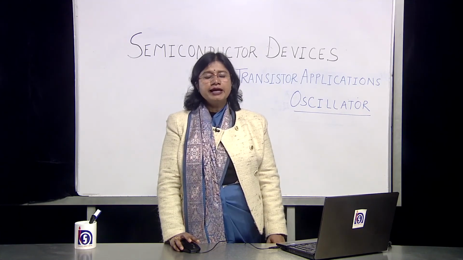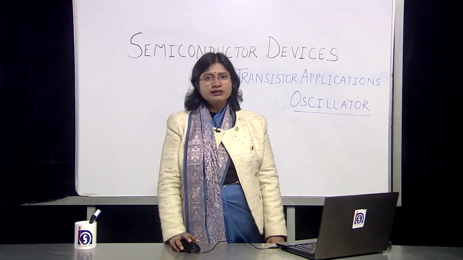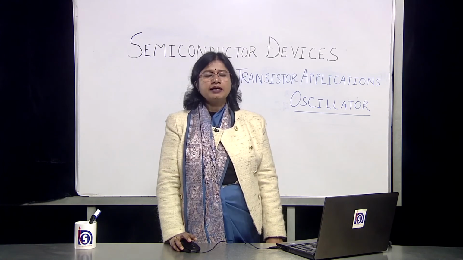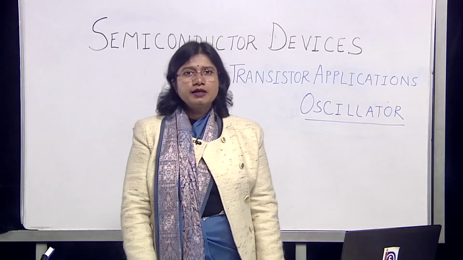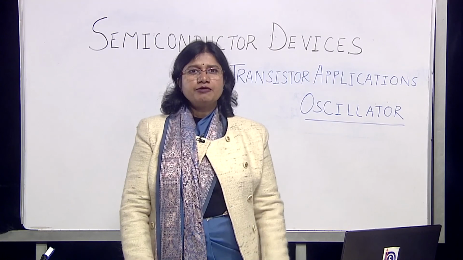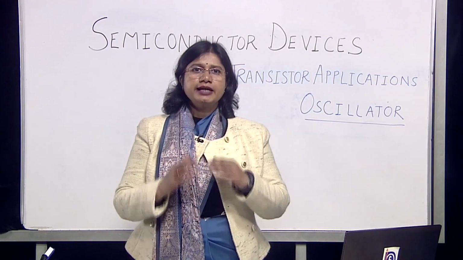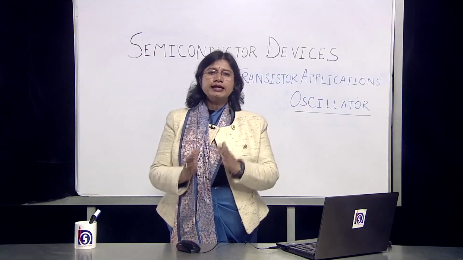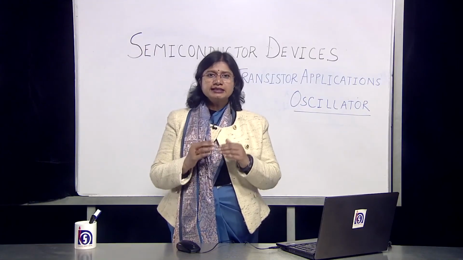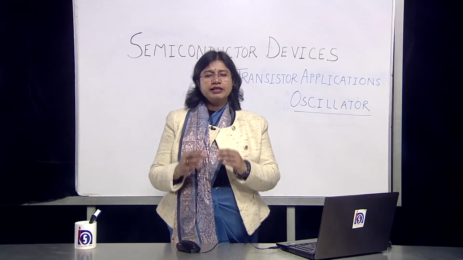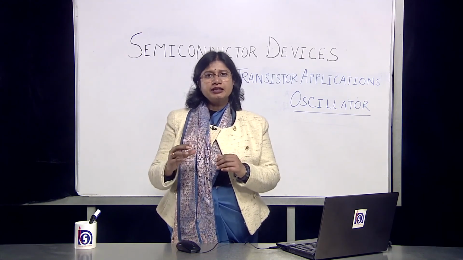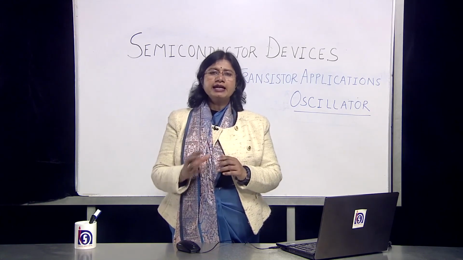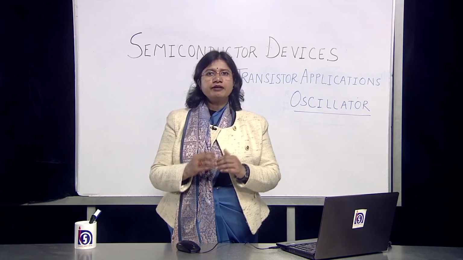So this amplifier plus the feedback mechanism becomes an oscillator, and these oscillators are used in frequency generation, in generation of sine waves, cosine waves, square waves, etc. So these oscillators are extremely useful. In this particular topic, we have used a transistor in a common emitter configuration and it is working like an oscillator. An oscillator is a simple device which is capable of generating sustained electrical pulses. Depending upon the requirement, we can generate a sine wave, we can generate a cosine wave, and so on.